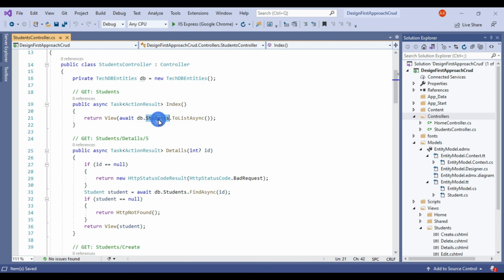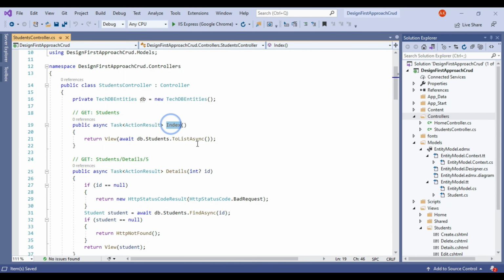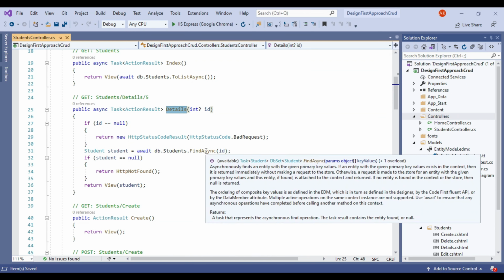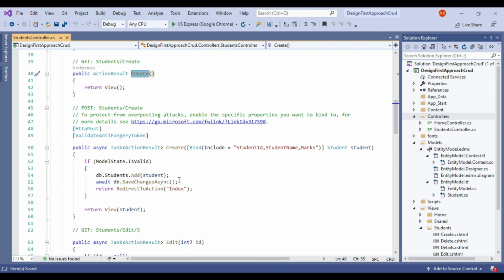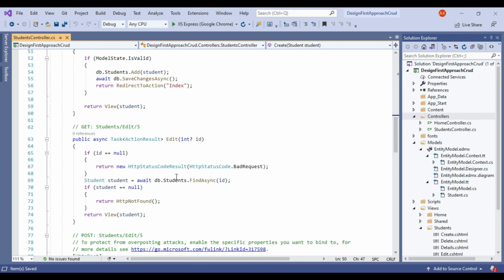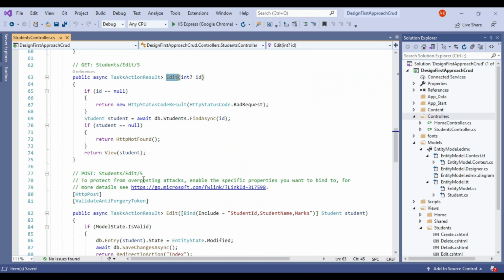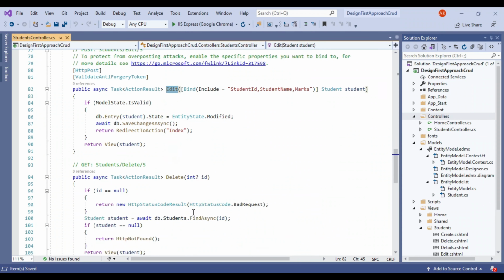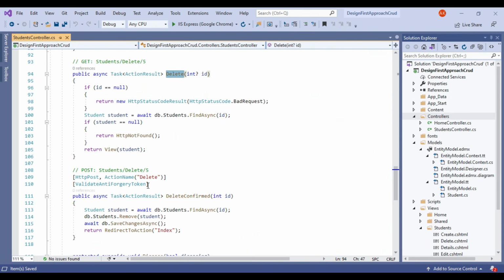So we are calling db.students.list. So it will generate all the list here, and it will find the details: create get, create post, edit get, and then edit post, then delete get, delete confirm. This is post. So what we will do, we will see practically by running this application.